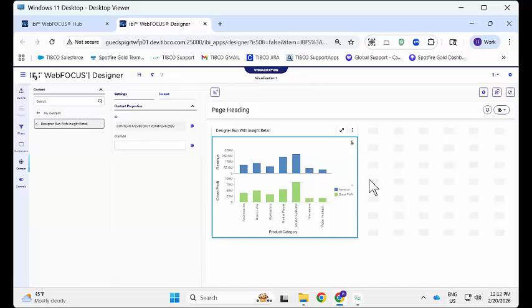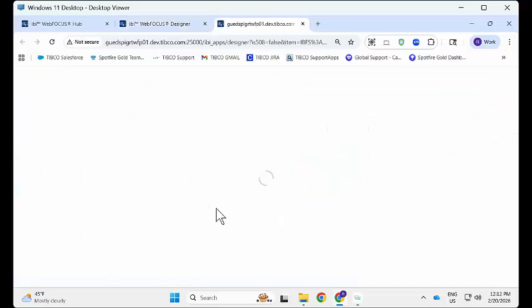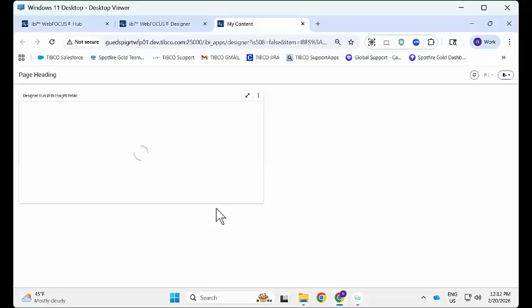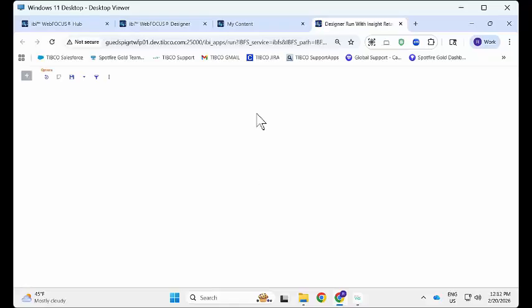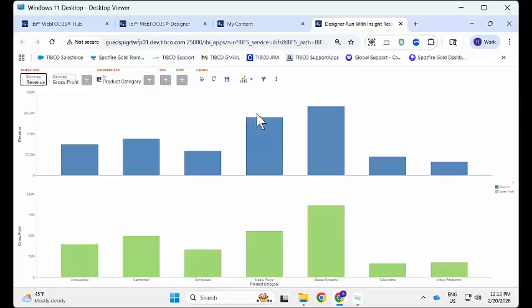Now, you can't do anything in preview. You have to run it, of course. That would make sense. But we do show you the icon there, the impact. And so now I have it as part of a page, and I can actually hover over that. It says Explore with Insight. Now I have that capability of creating that visualization and giving the user the capability of adjusting it accordingly, dynamically on the fly,